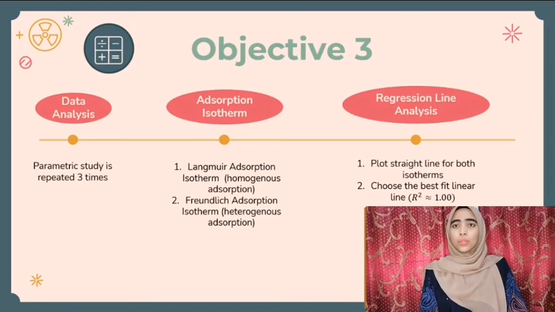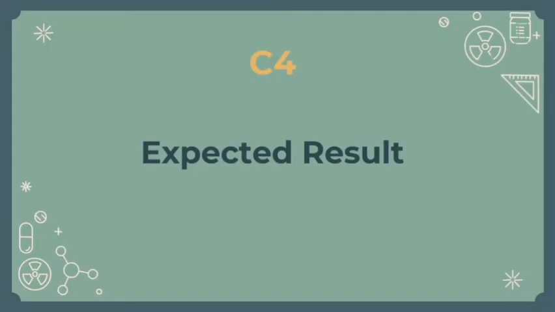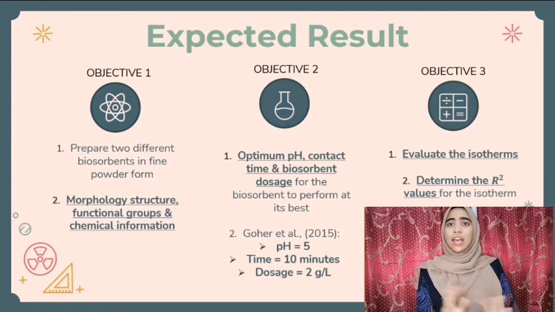Lastly, graphs for both isotherms will be plotted to determine the best fit line. The suitable isotherm to use for this research is determined by comparing the R-square regression values for the plotted graphs. The R-square value that approaches 1.0 indicates the best fit line and the most suitable isotherm to be used for these studies. This slide shows the list of results that are expected to be achieved at the